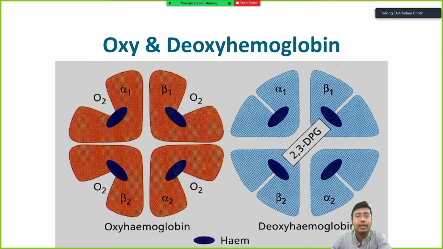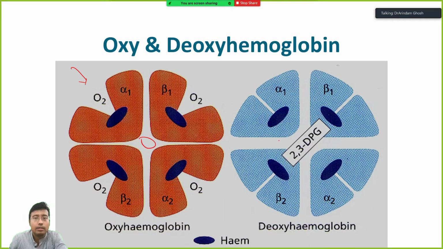This is the diagram that I already showed you in the form of a video. When one oxygen gets in, this is oxyhemoglobin. When oxyhemoglobin is formed, it creates a gap. Then 2,3-BPG goes in and drives out all the oxygen. So these changes occur back and forth. These are the two forms of hemoglobin, taut and relaxed.